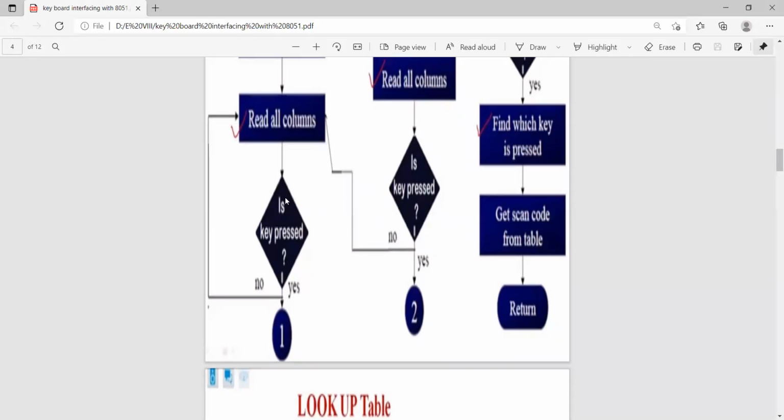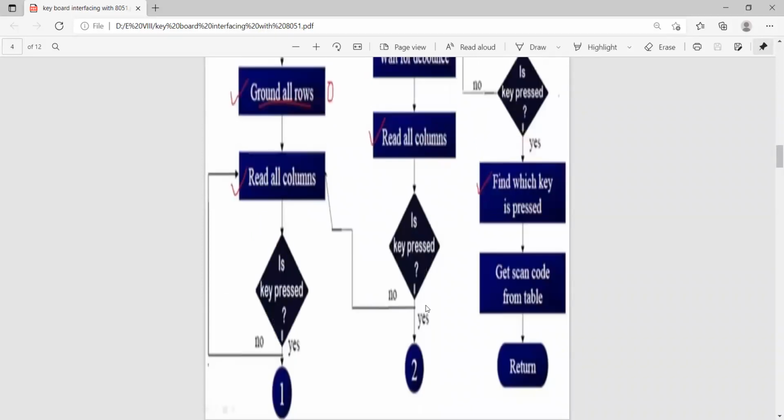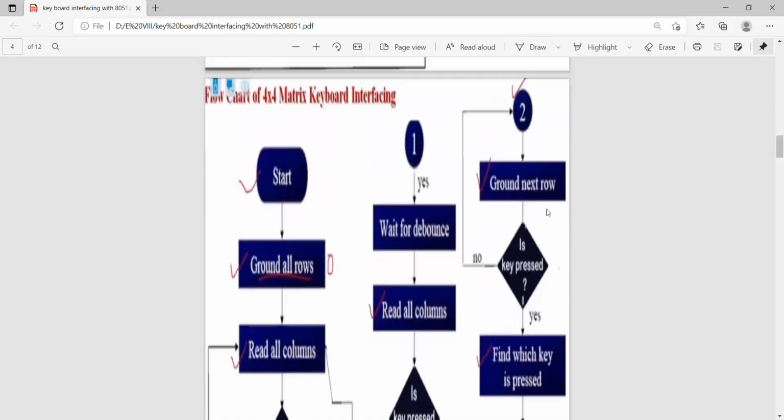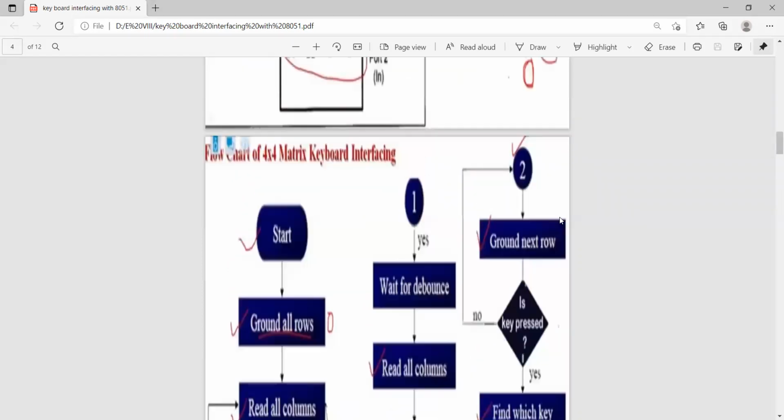If a key is pressed, in the yes state it will come to this place. If no key is pressed, this part is not required. Once a key is pressed, you can identify that some particular key was pressed, so we go to this step.